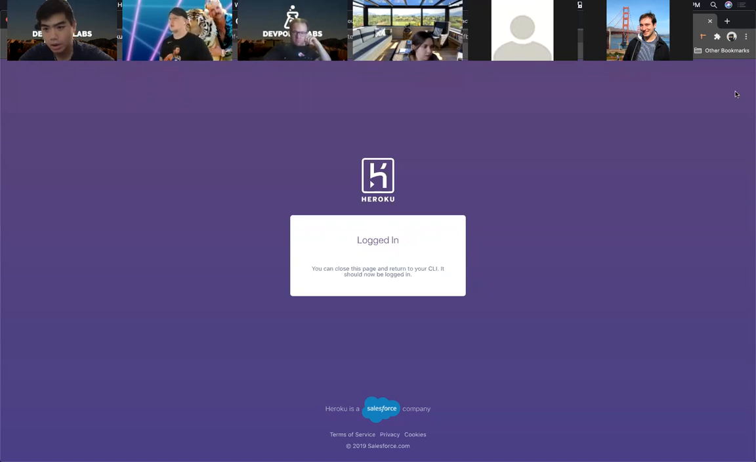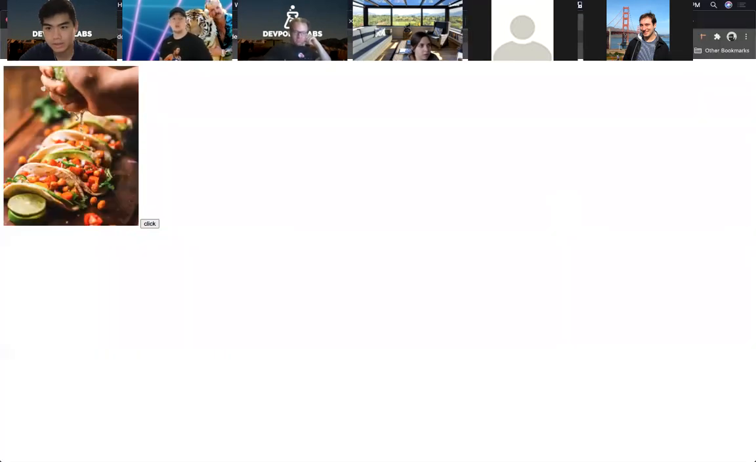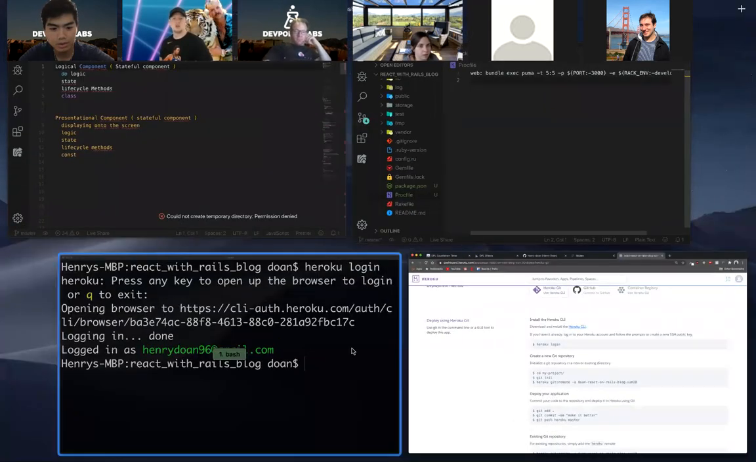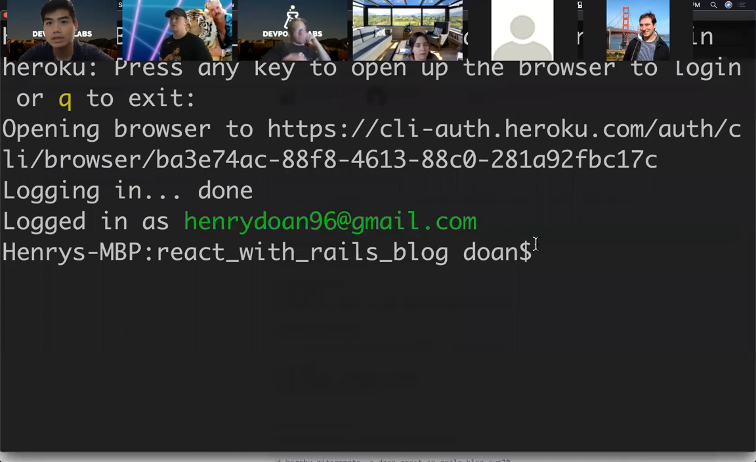So now that you are logged in, go ahead and exit that. You don't need that no more. We don't need the Taco app anymore. And then it will say you're now logged in as your email address here. So that's the first step, is to log in to the Heroku account, just so it knows that it's you